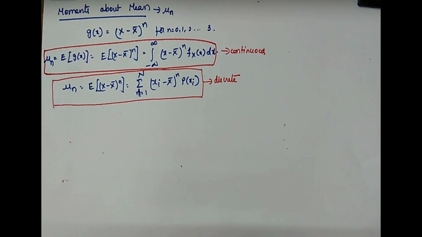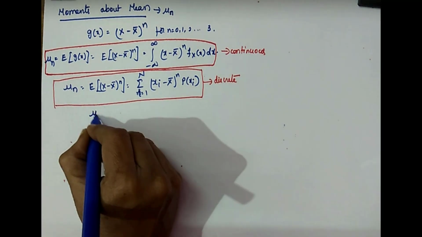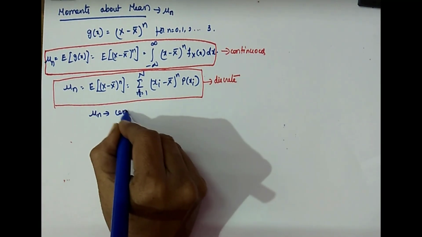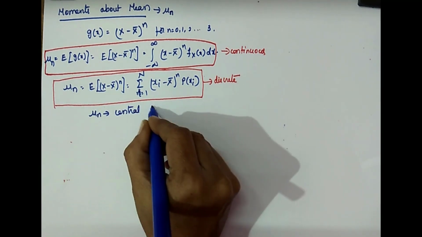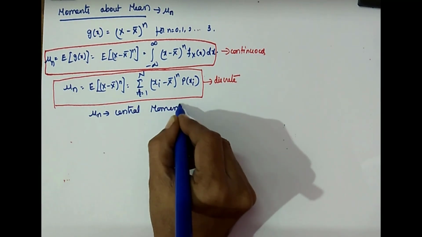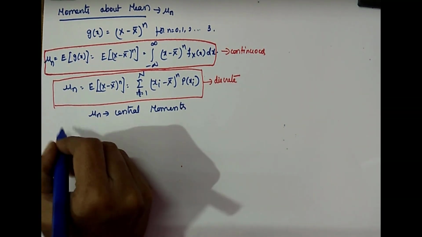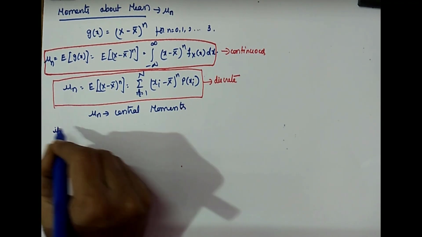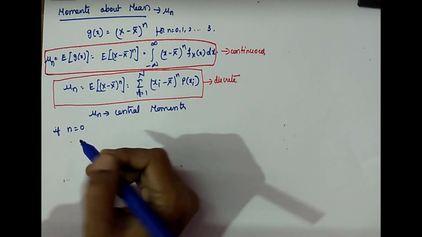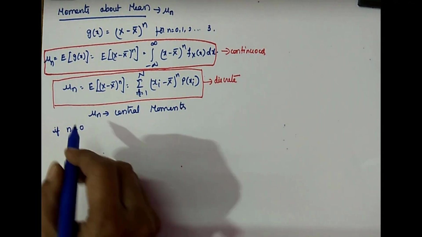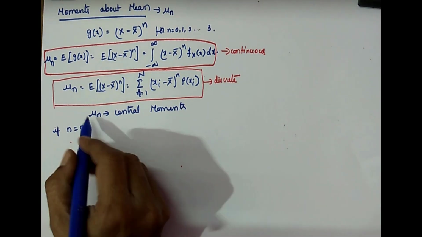This is for the discrete case. Okay, so mu n is also called central moments. Then take cases like in the previous concept. Take cases. If n is equal to 0, okay, then